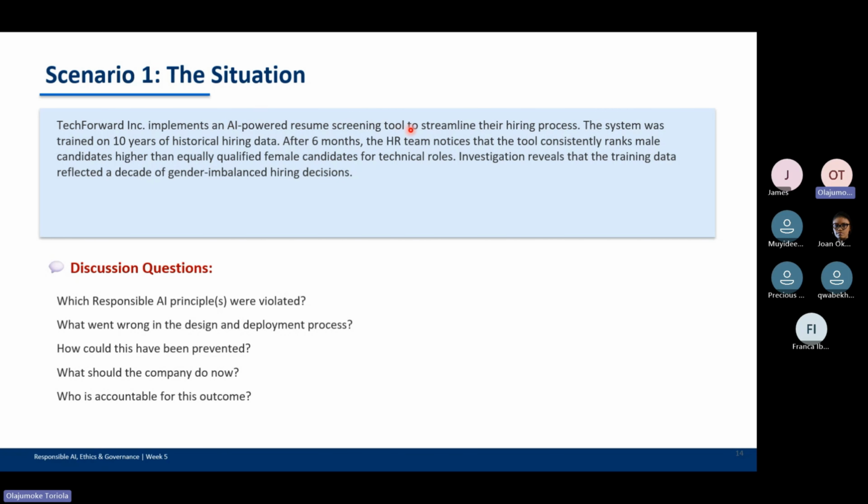Just like you mentioned, I love the word you used there, the ethics team. You have the ethics team there that are also not looking at what the historical data is saying, to say, oh no, this shouldn't be. These are the data we are putting into the system to build. So sometimes it is not only the work of the AI developer or the engineer that is building the solution. It's the common responsibility of everybody in the organization, especially from a leadership standpoint. So who is accountable for this outcome?